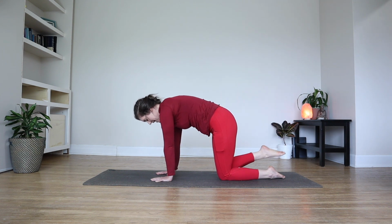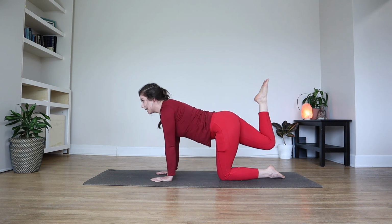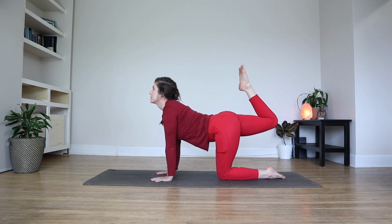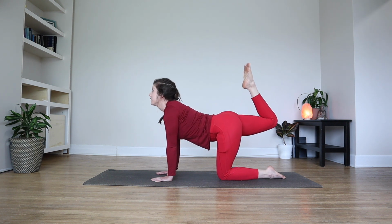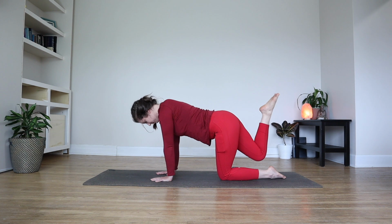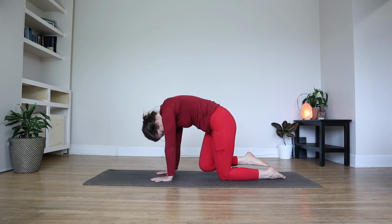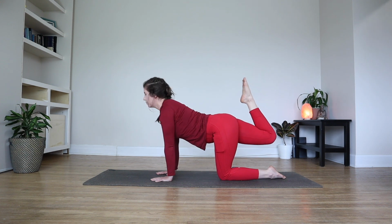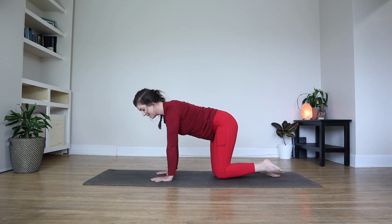Exhale, rounding down. We'll do a few more like this. I find this a really great way to stretch your quad. So really try to get your toes up towards the ceiling. And you can even just stay here like this if that's what feels good for you. And then when you're ready, we'll bring that right knee back to the mat and we'll take it over to